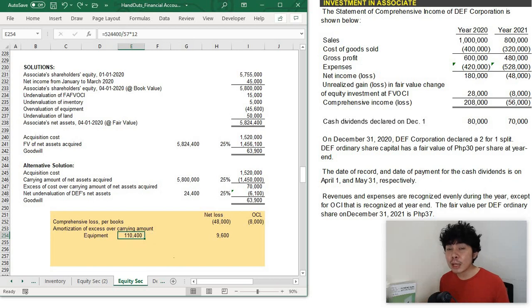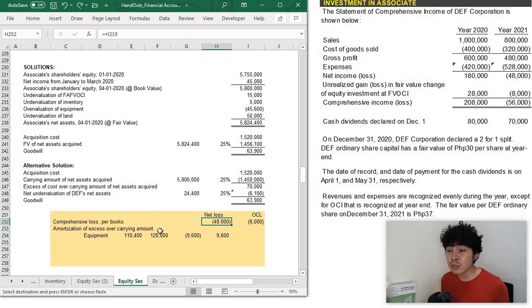Then, para naman doon sa April 1 book value, ang annual depreciation naman nun ay 120,000 pesos, which is computed as 570,000 divided by 57 months times 12 months. At ang difference ng dalawang yan ay 9,600, which is a decrease in depreciation expense. Dapat daw from 120,000 to 110,400, kasi kaya nagka-net loss in associate ng 48,000 pesos kasi ang depreciation na ginamit